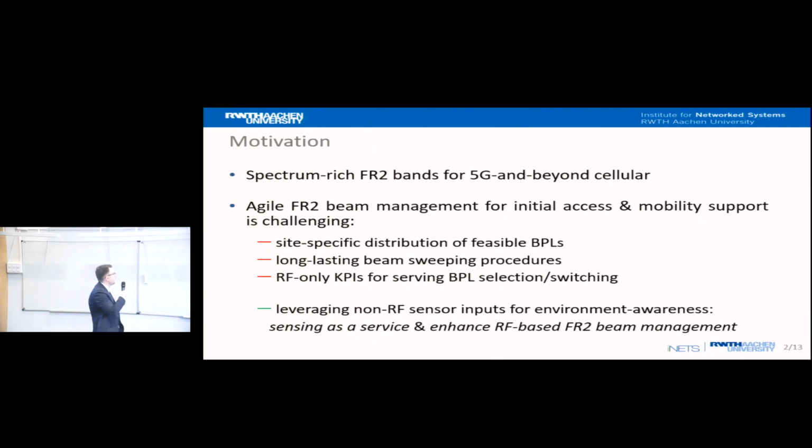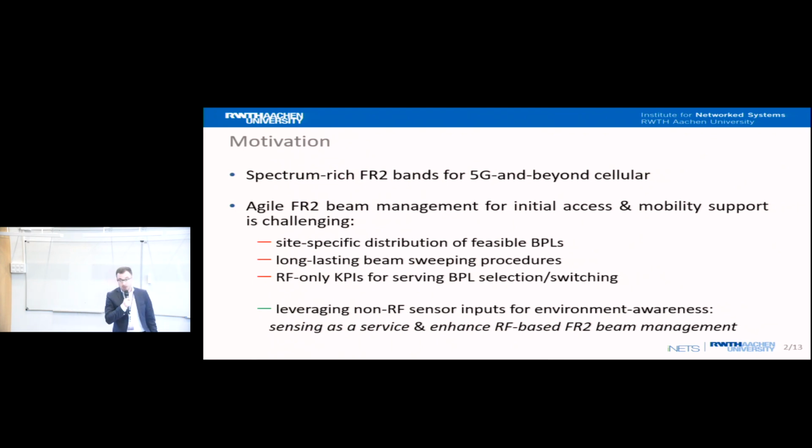So I think the benefits and challenges of FR2 have been well understood thus far within the OAI community, as well as from commercial deployments. There are already some limited commercial deployments which showcase limited performance, but give us an indication of what the real problems are and why millimeter wave hasn't picked up to the full promise that maybe was expected in 5G and FR2.